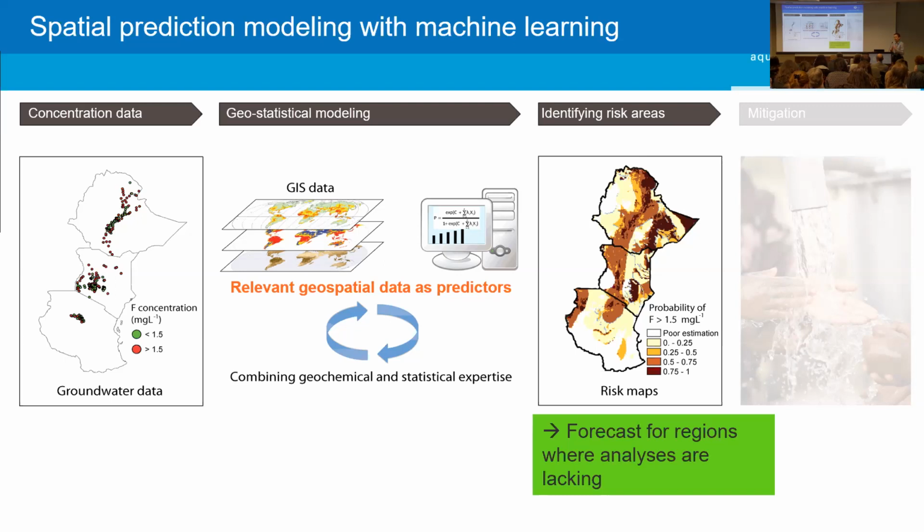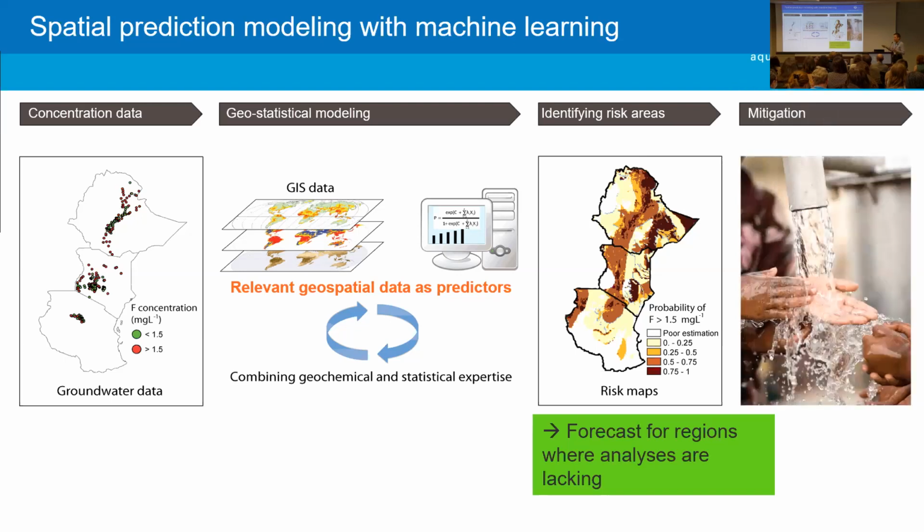The point of creating the map is to get an idea of what the overall situation is, but then to help guide further testing efforts. It's not meant to be a final representation of where you find safe and unsafe groundwater, but rather where should we go test to make sure, because within close proximity you can have safe and unsafe wells. But assuming you can't test everywhere simultaneously, where should you go look first to ultimately make sure that people are not inadvertently, unknowingly drinking contaminated water.